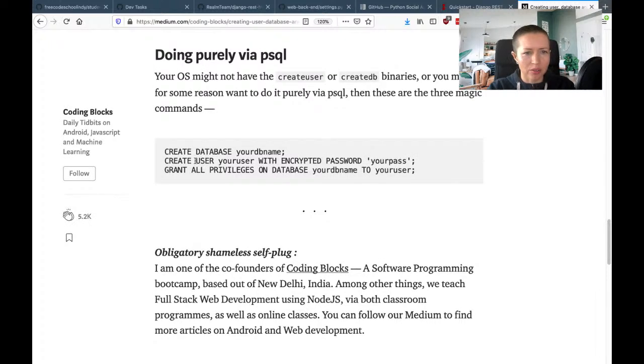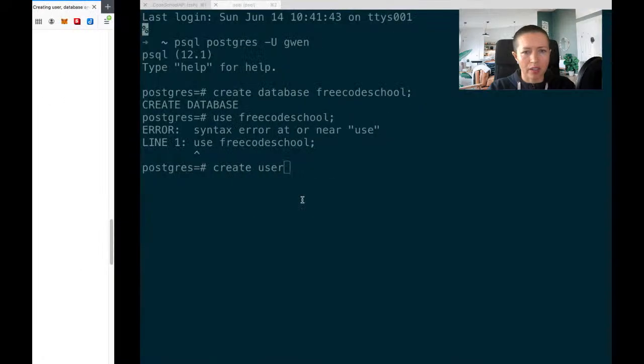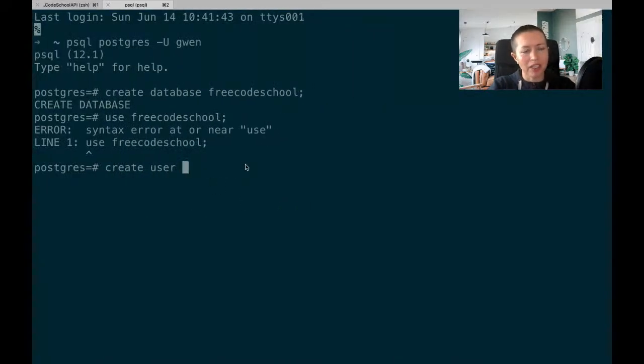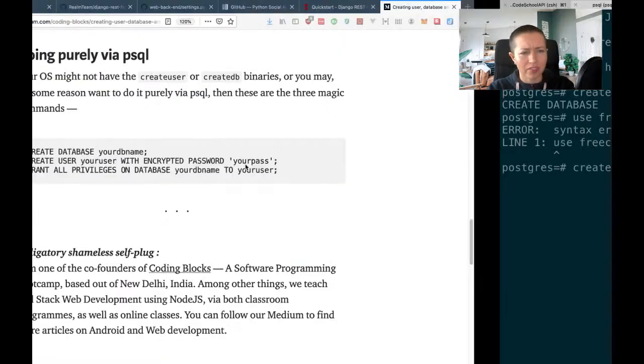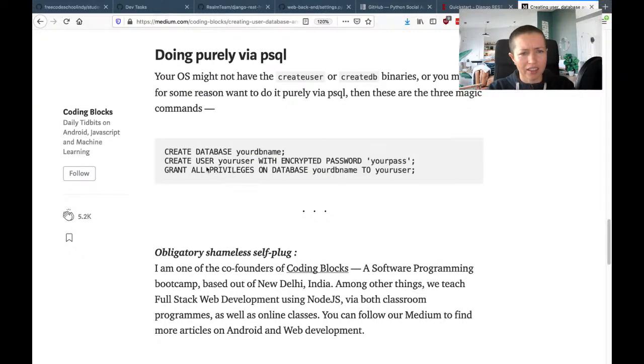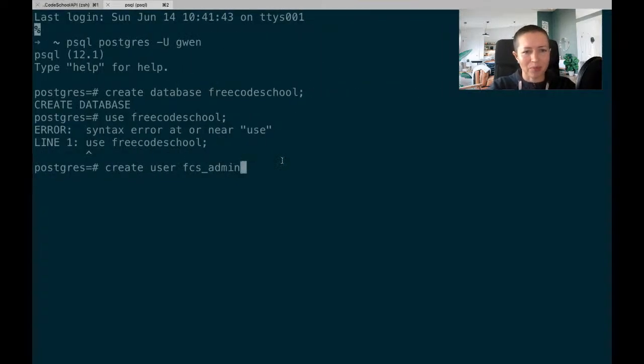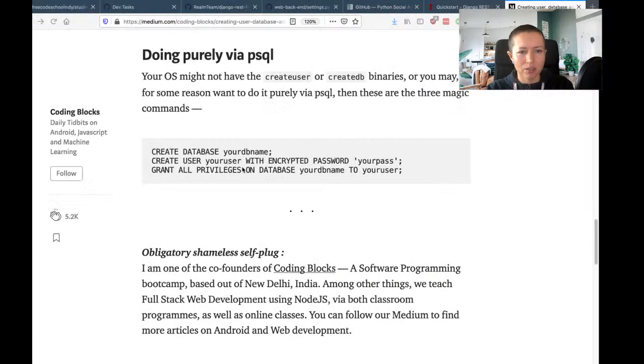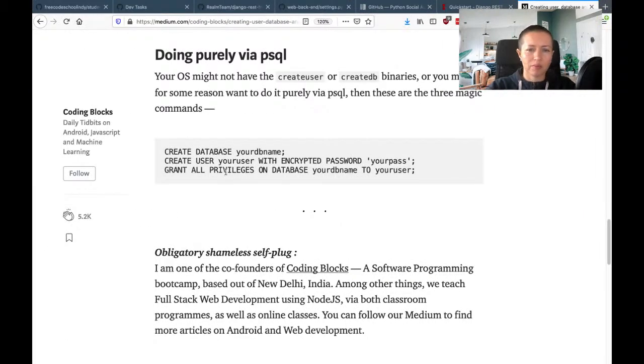So I should do create user, your user. It's recommended all caps, but it works with lowercase too. So my user is the one I set up in Django, FCS admin, with encrypted password. I'm just not going to put a password right now. So there we go. Okay, so I created that user, and now I'm going to, let me copy the first